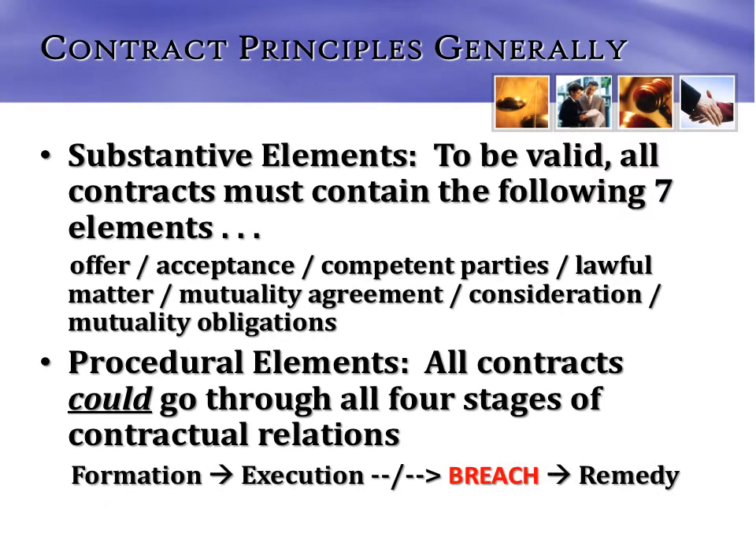Now, procedural elements are the stages that contracts could go through. All contracts go through stage 1 and 2. The problem is in stage 2, it might be breached and thus it results in stage 3 and 4. So what are the 4 procedural elements? Formation, putting a contract together. Execution,